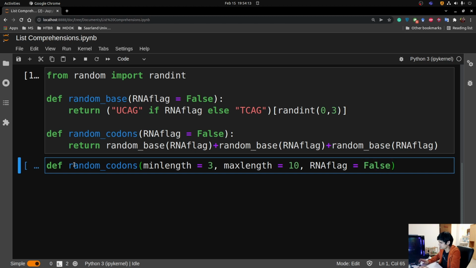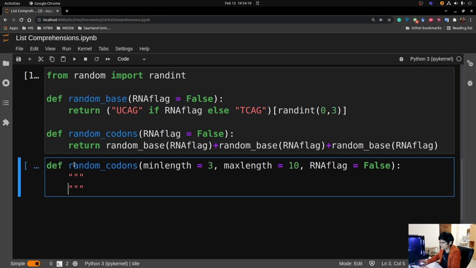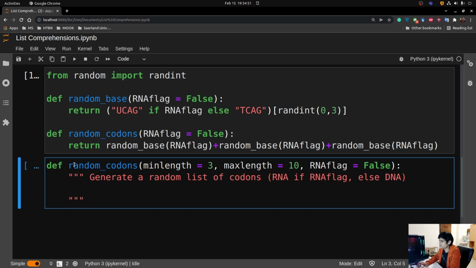And let's add a quick docstring over here, and this will generate a random list of codons, RNA if RNA flag, else DNA, between minimum and maximum